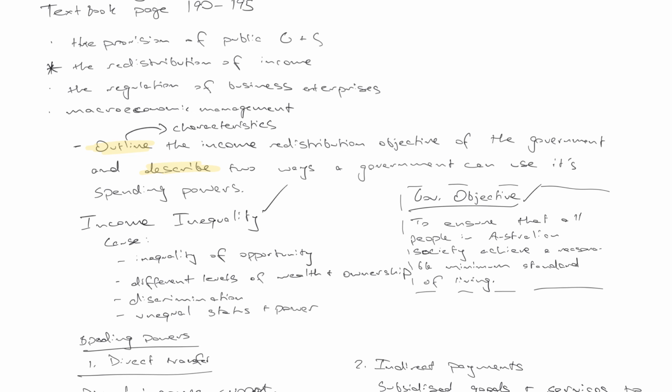Now, as this is a describe question, you would need to go into heaps of detail. You're just describing what the 2 spending powers are and how they can be used. Maybe you give me an example of each, as I've done in there. So this is for the spending powers, and then if it was to say